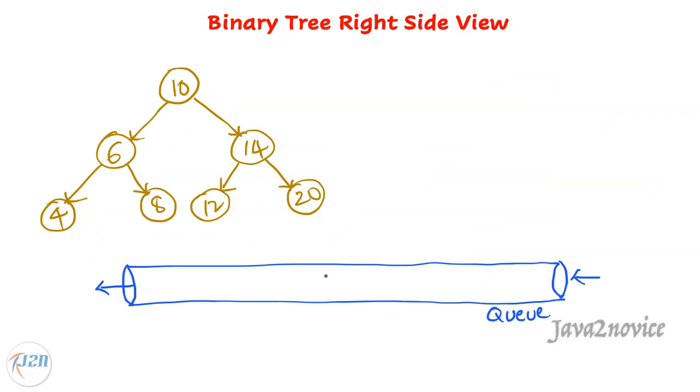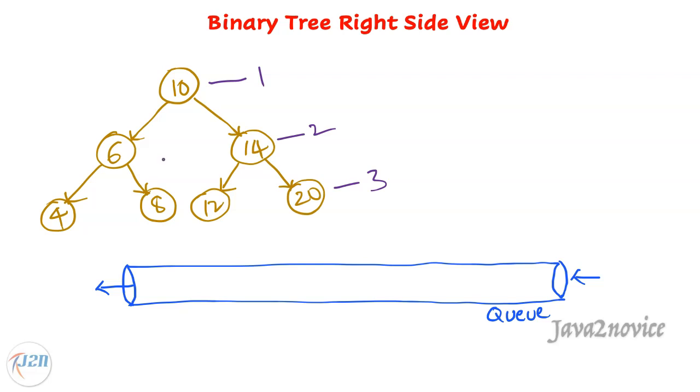This is our queue. In this binary tree, this is level 1, level 2 and level 3. While processing nodes on one level, we will add next level nodes into this queue. Based on how we add nodes into this queue, we will consider either the first node or last node to represent right side view on each level. For example, if we are processing root node, then we can add a right node first followed by left node. In that case, we'll consider first node from the queue as right side view node in that level. We are going to add a right node first in our approach.